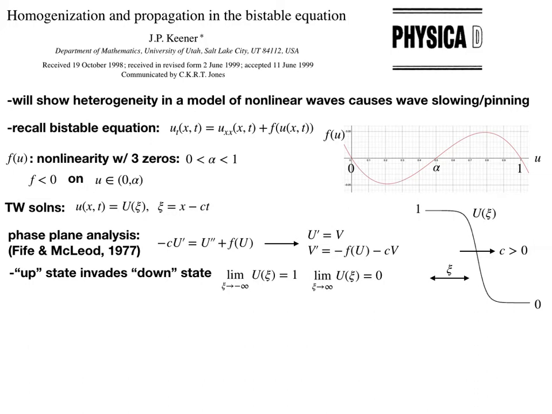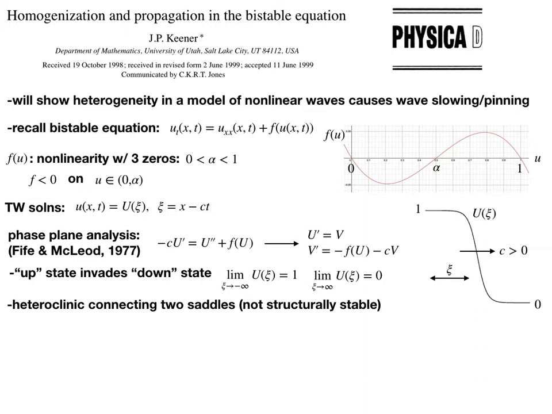So it connects two saddles together, and this is called a heteroclinic. It shoots from the one state to the zero state, and so in this case, if c is greater than 0, then the up state, or u equals 1, invades the down state, u equals 0. As I said, this is a heteroclinic, which just means that it's a curve that connects two different fixed points